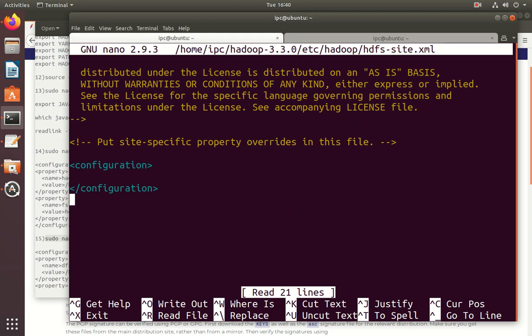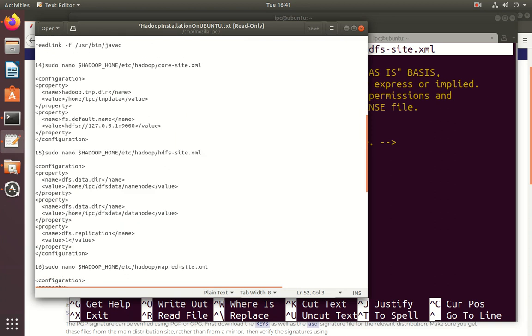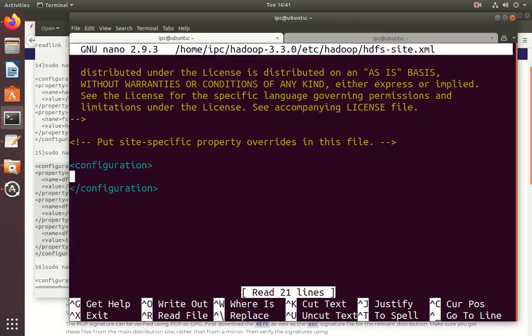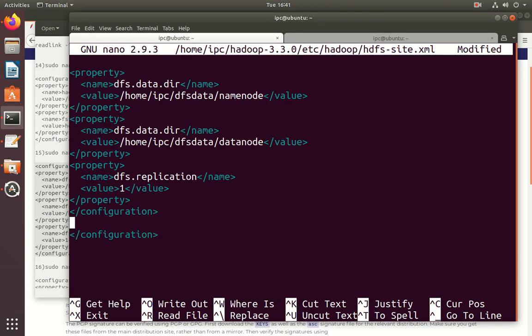Here also you can go for configuration. See, the properties in this hdfs-site.xml file govern the location for storing node metadata, fsimage file and edit log files. Configure the file by defining the name node and the data node storage directories. And additionally, the default dfs replication value is 3, for the fully distributed environment. But here we are using a single node environment.